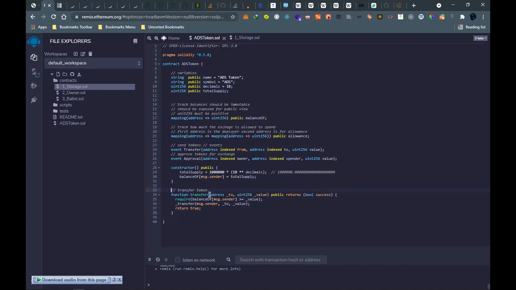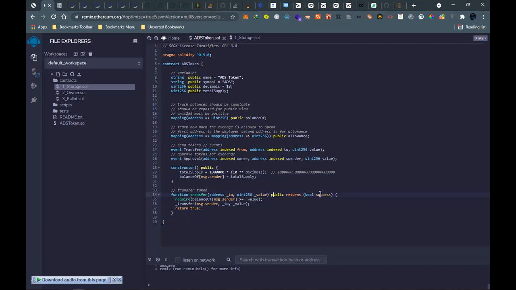The function has two parameters, the receiver and the value, and it returns a Boolean, and it is supposed to be public. It returns true if it's successful, else, if it's not successful, it should return false.